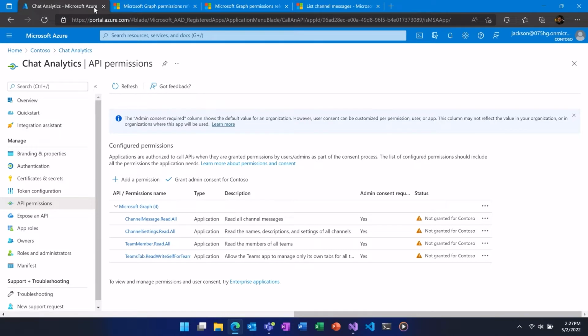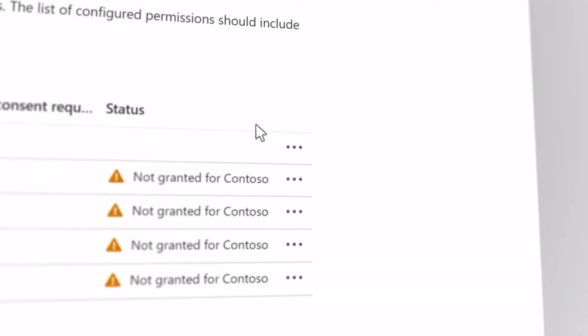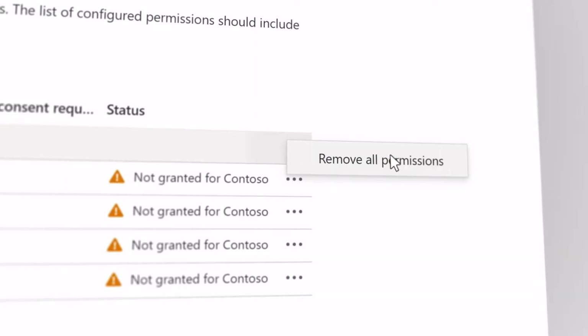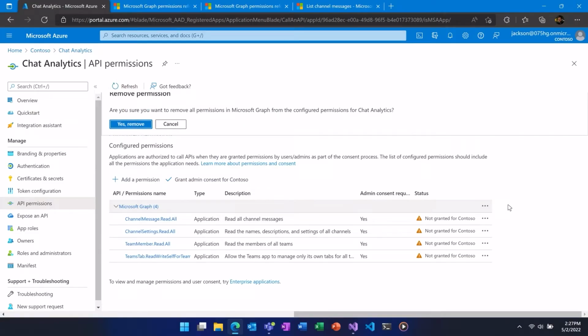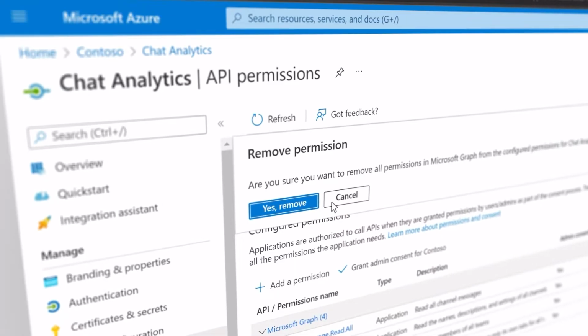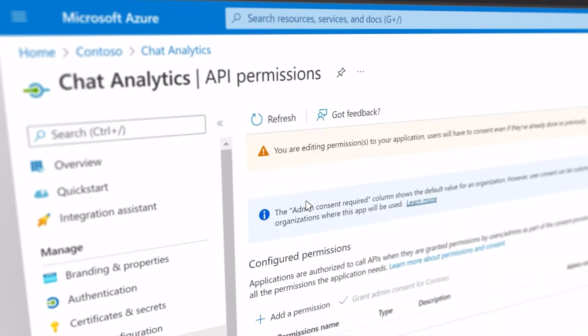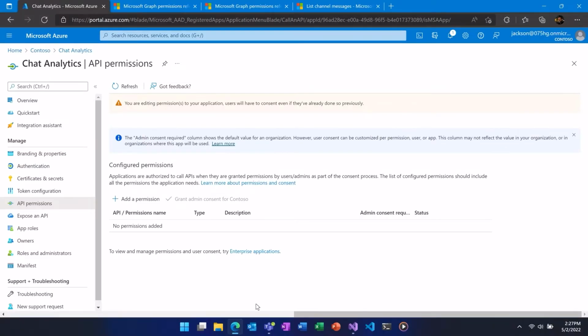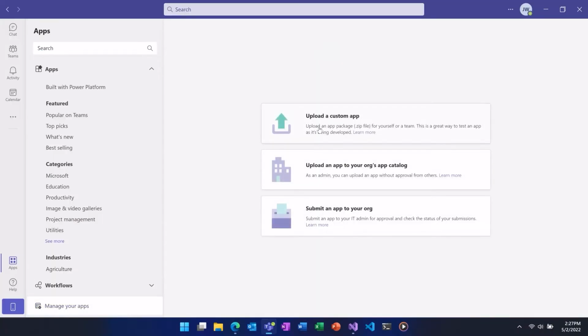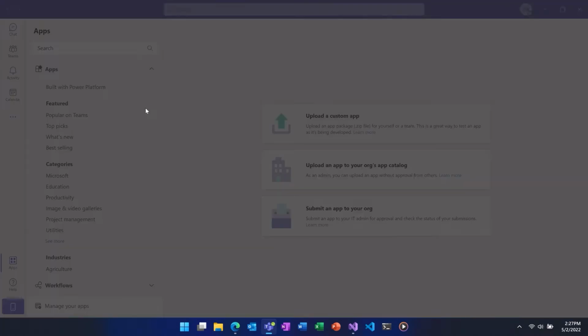Otherwise, admins could be asked to consent to those permissions, even though I've reconfigured my app to use RSC. And of course, admins may still need to grant regular admin consent for any standard application permissions your app requires, if it has to support non-RSC scenarios. So now that we've added the right RSC permissions, they'll show up in Teams when an admin adds the app